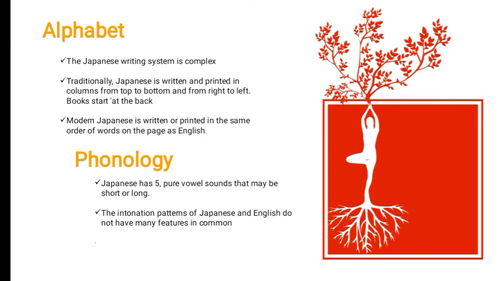The first is that Japanese has 5 pure vowel sounds that might be short or long. So the syllable structure is simple, generally with a vowel sound preceded by one of approximately 15 consonant sounds. There are few complex consonant sound combinations such as in the English words strength or Christmas. As a result of this difference, Japanese ESL students find English hard to pronounce. And the next is